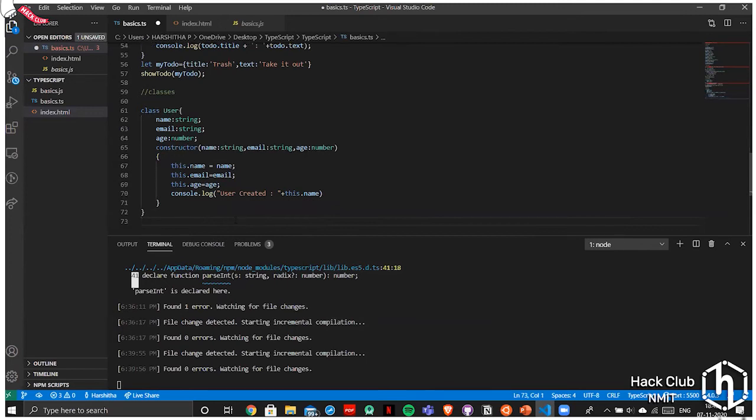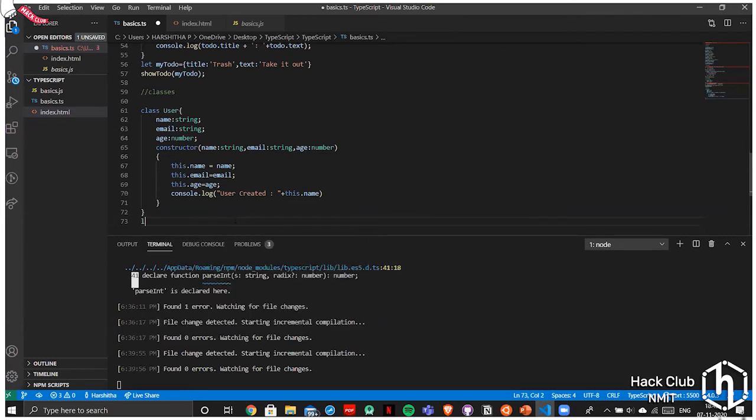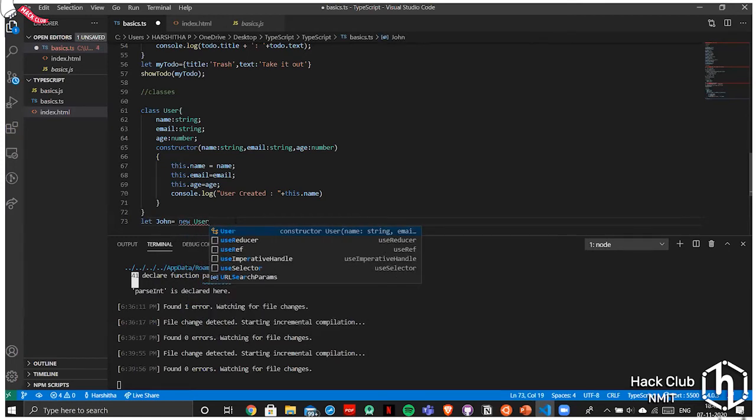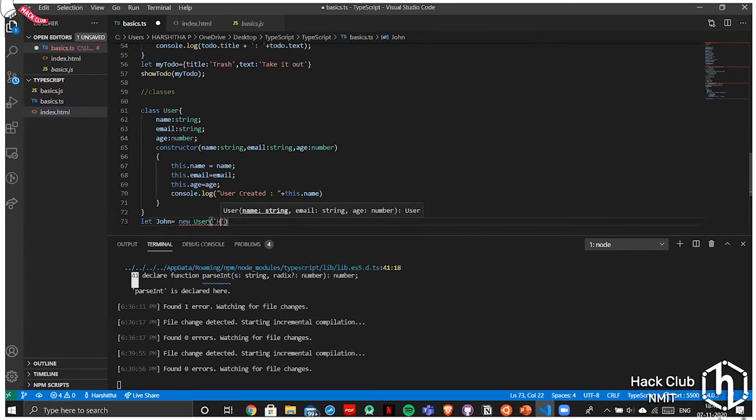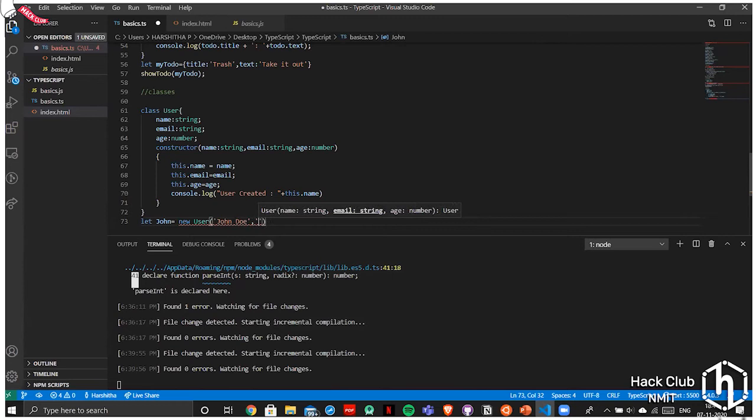And outside the class, we'll give an input. john equals new User, John Doe, and his email will be at gmail.com, and his age will be like 33.